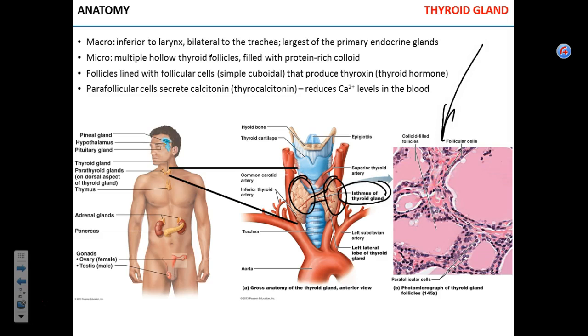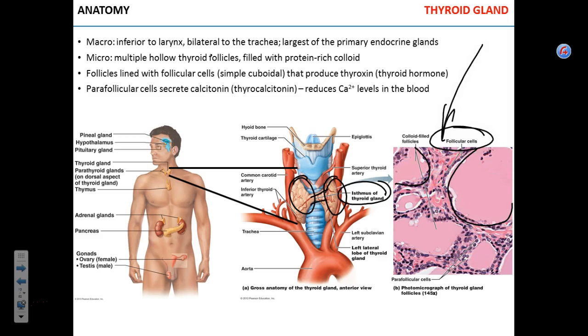And you might have seen the follicles. The inner surface of the follicles is lined by follicular cells. These are follicular simple cuboidal epithelial cells. They produce,